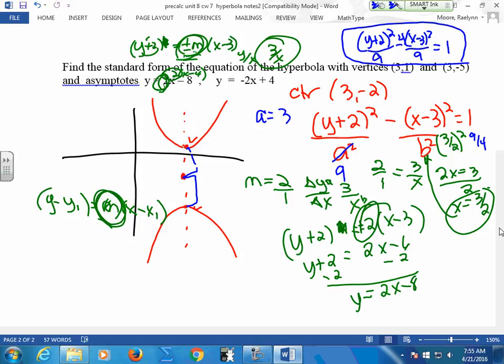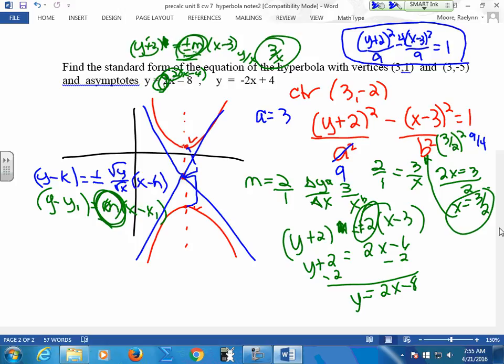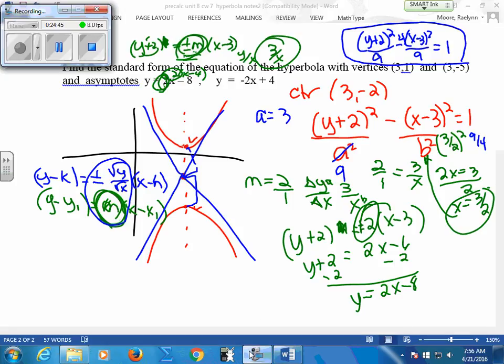The asymptotes that we do here is just the equation of a line. It really matches your point slope, doesn't it? Isn't this almost the exact same format as your point slope, right? So this guy right here, isn't this your slope? It's the equation of a line. What happens in algebra, a lot of teachers don't teach the point slope because